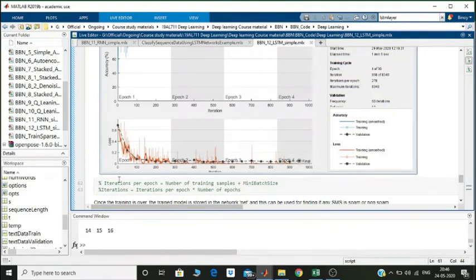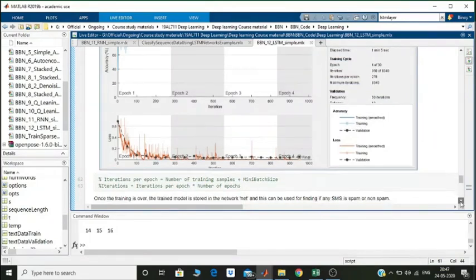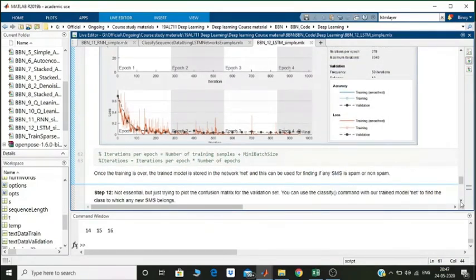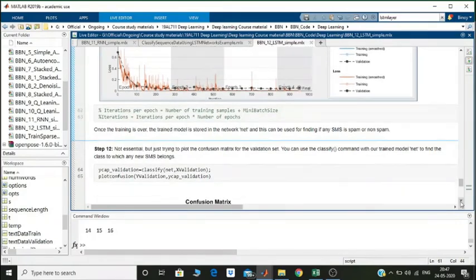Iterations per epoch are calculated automatically by using the number of training samples divided by mini batch size. And the total number of iterations is iterations per epoch times the number of epochs. These values are to the nearest integer; it's usually not rounded up, it's rounded down. So that is done. And once the model is trained, you can go for validation.